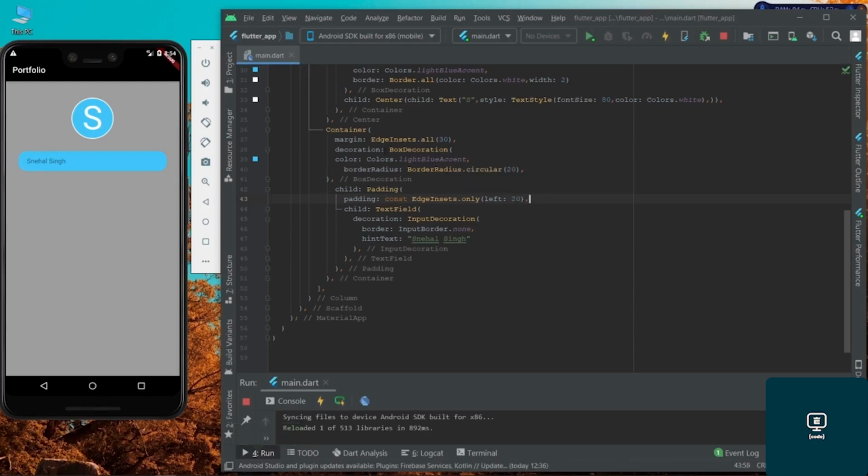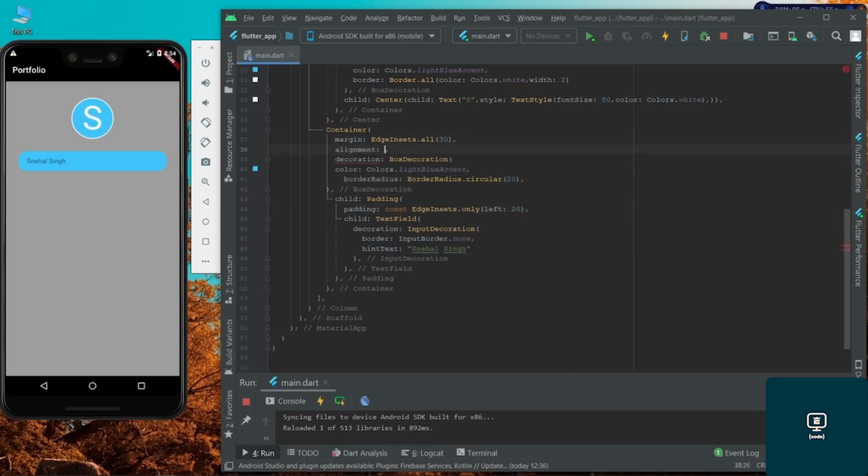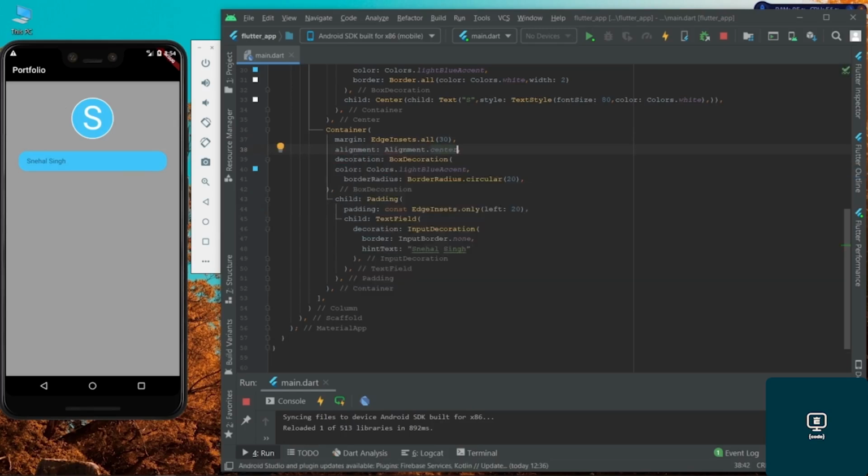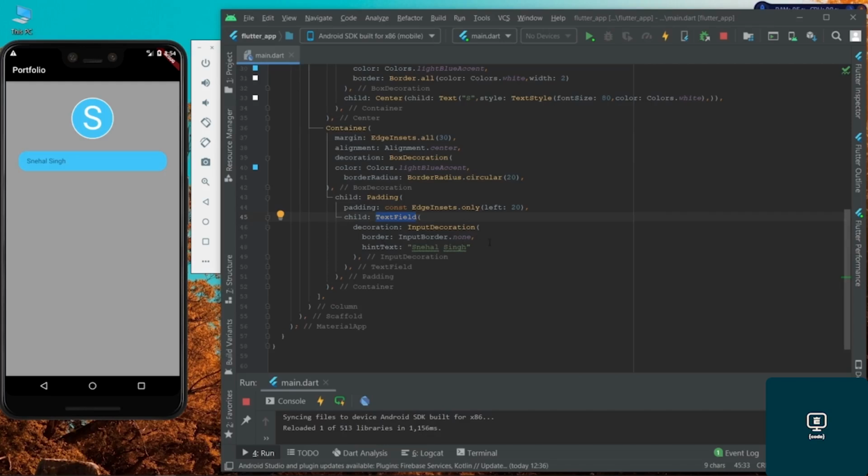You can also align this at the center by using this alignment property and Alignment.center. Now this text field will be aligned to the center of this container. Now what we are going to do? We can also give some icon to this widget,